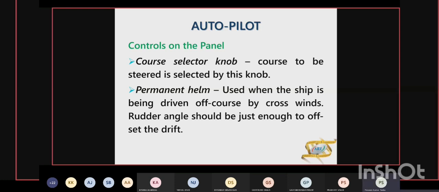There is then permanent helm. Permanent helm is applied by the integral control that we know, but there is also provision given for the user that the user can set the permanent helm. So depending on what you want to do, if the course is veering off to one side again and again, तो आप permanent helm दे सकते हैं।